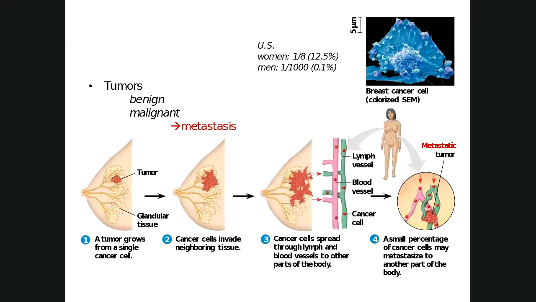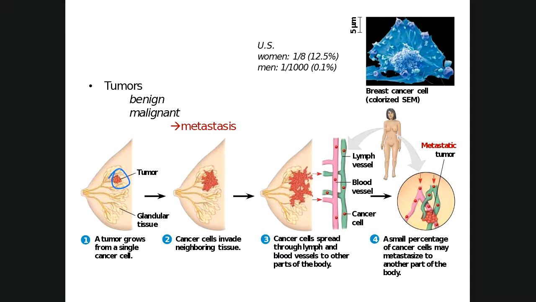So, for example, if you had a breast tumor, like many females and males, 1 in 1,000, it's 12.5% of U.S. women who will come down with breast cancer. That tumor begins to grow that mass of cells, and it begins to destroy the surrounding tissue, causing it to die because it's removing the nutrients from it. The surrounding tissue becomes necrotic. Dead, dying, and that tumor begins to grow and then invades all that healthy tissue.